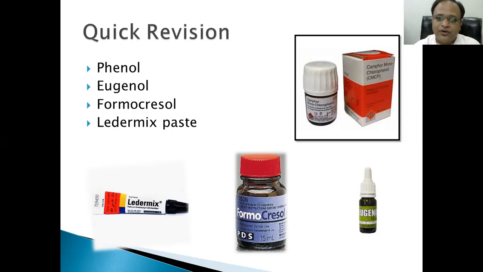You have seen the product here on the right side, as you see, camphorated monochlorophenol. That means camphorated products of phenols were used. What camphoration helps with is that when a phenolic product is camphorated, it reduces the dispersion of the product, and it helps the slow dispersion of the material. That's why for a longer acting time, these products can be used. But right now in the current scenario, these products are not used.